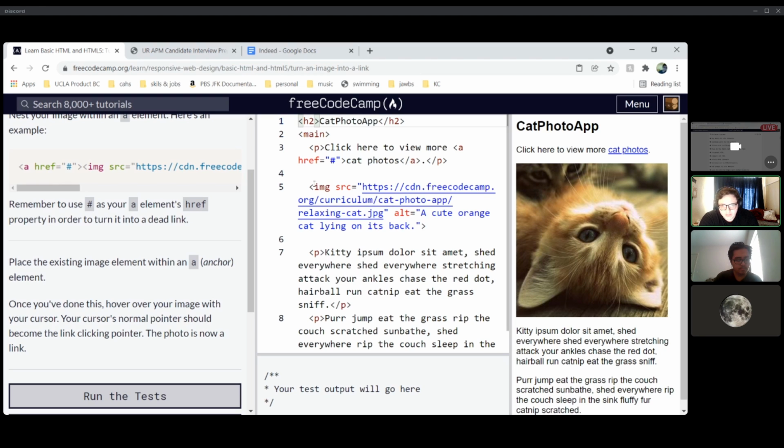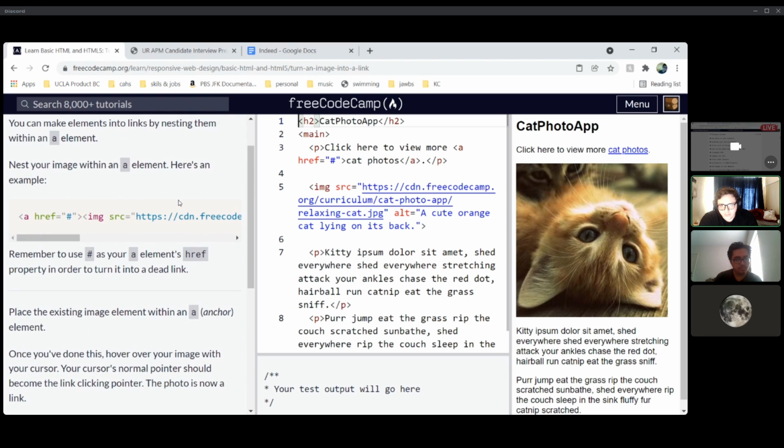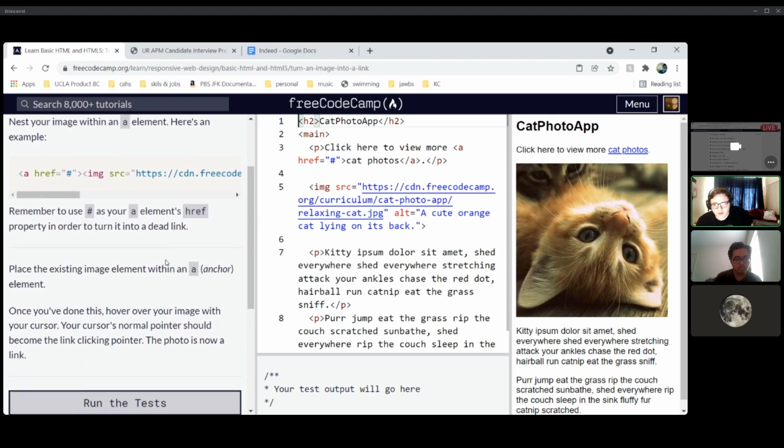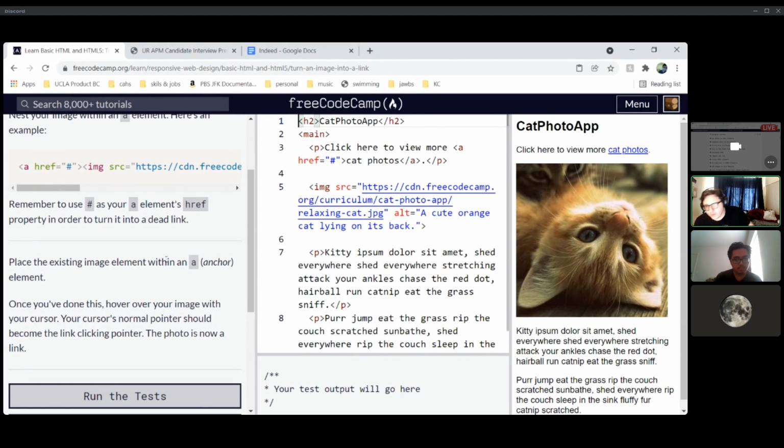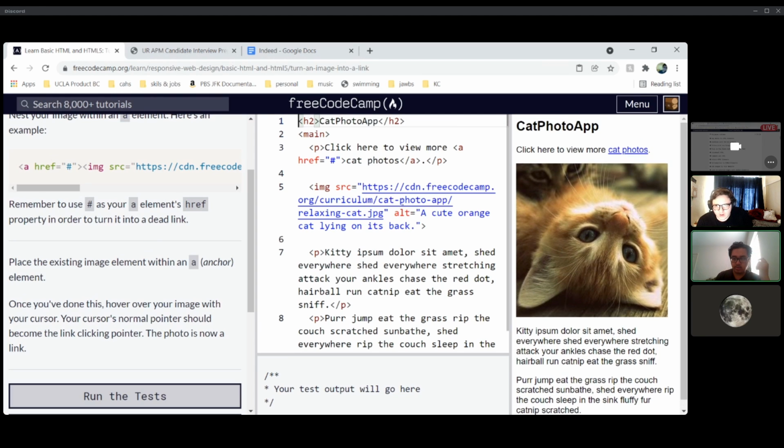So this is similar to what you did with the text. But instead of nesting your anchor inside of a text paragraph, you're anchoring an image. You're nesting an image inside of your anchor because you have your anchor opening and then closing. If you scroll to the right on that little code snippet that they give you, right here on the left